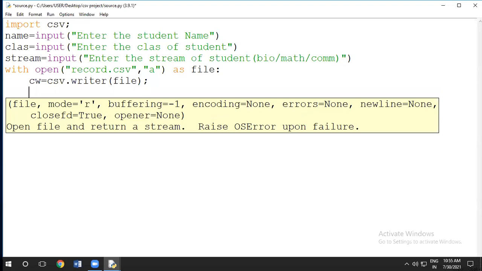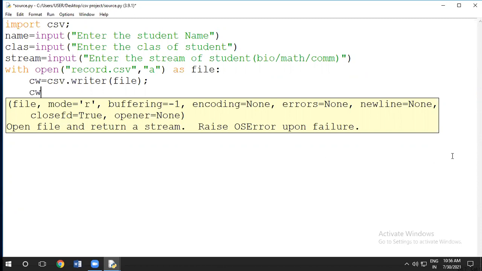This line gives one instance of the writer, by which we will write the data into the file, and the file is the CSV file whose file pointer name we have passed here. Till now you have seen that whenever we write data into a file, we use the file pointer. But here in CSV, we have to create one more instance of the writer. We have to create an object, a link of the writer. By that we can write the data.